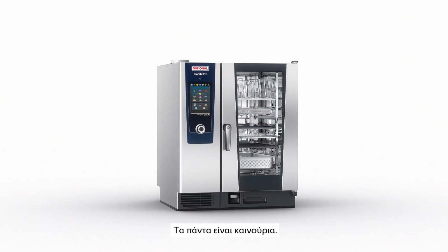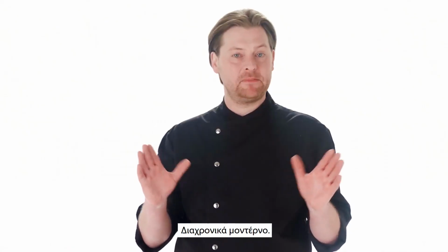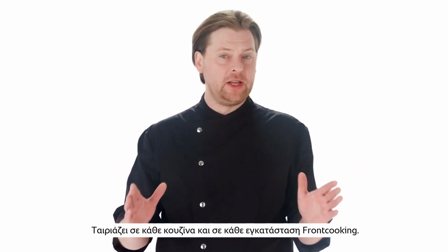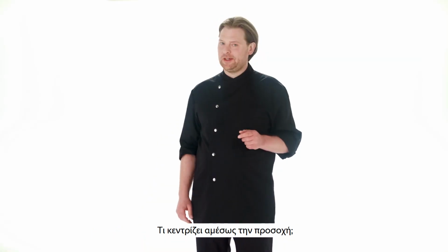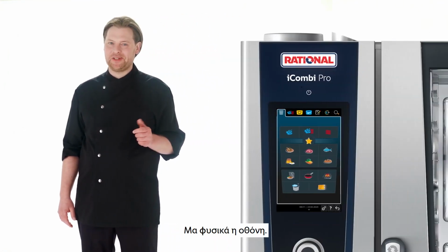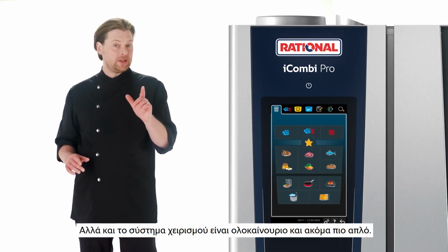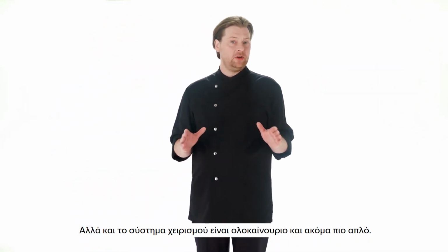Everything is new with a completely new design. Timeless and modern. Perfect for any kitchen or any kind of open front cooking. And what do you notice first? Of course, the display. It's super sharp and much larger, but also the control concept is completely new and easier